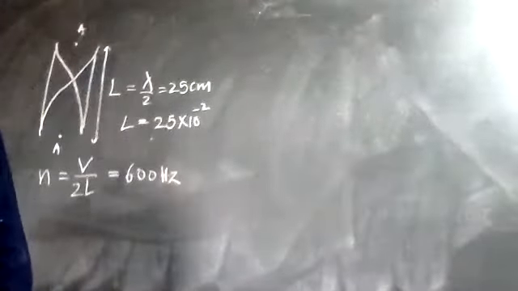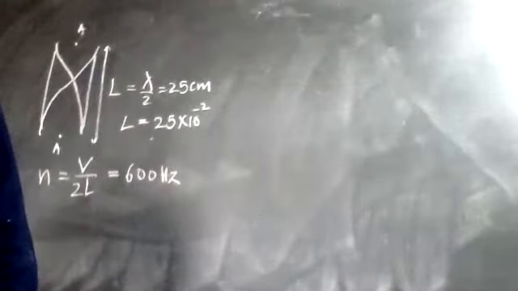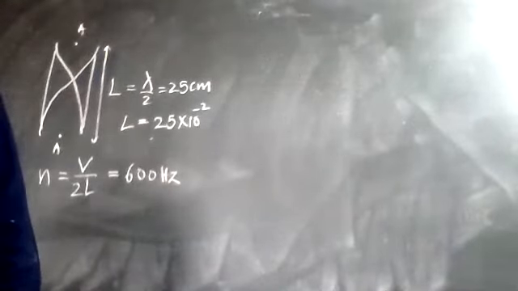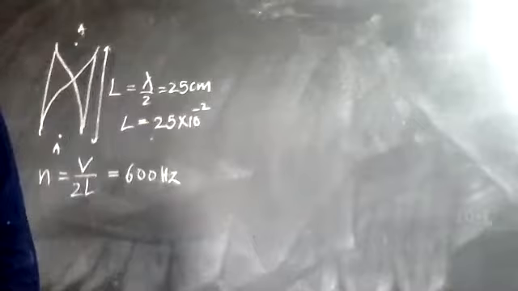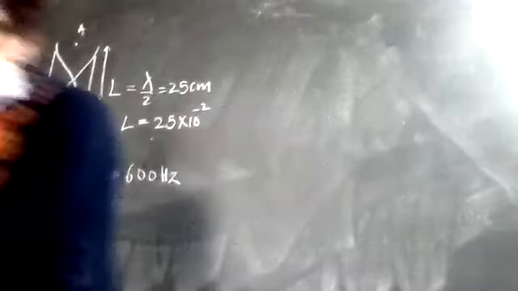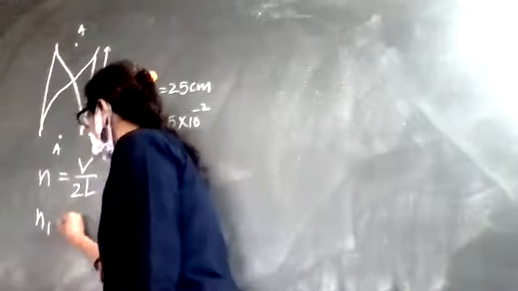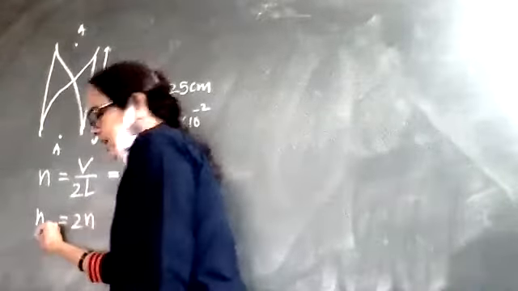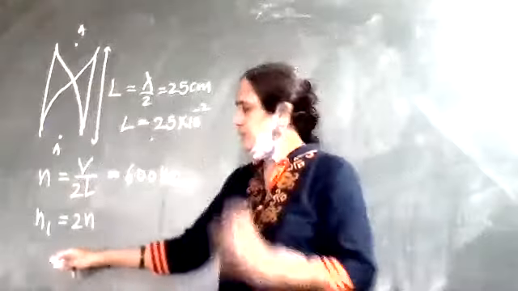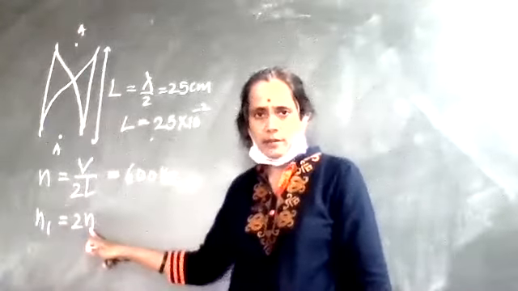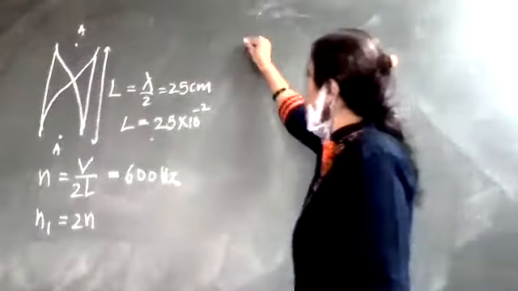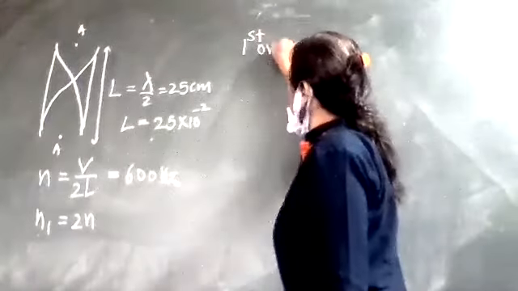That is given. Then the first overtone of a pipe closed at one end has the same frequency as the first overtone of the open pipe. Right? Now, what is the first overtone of the open pipe? N is equal to 2 and 1. The first overtone of the pipe open at both ends is 2. What is given? You have given the first overtone